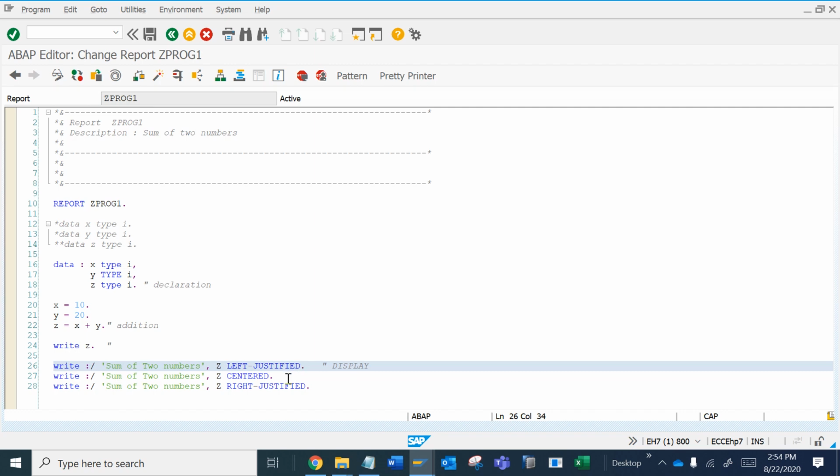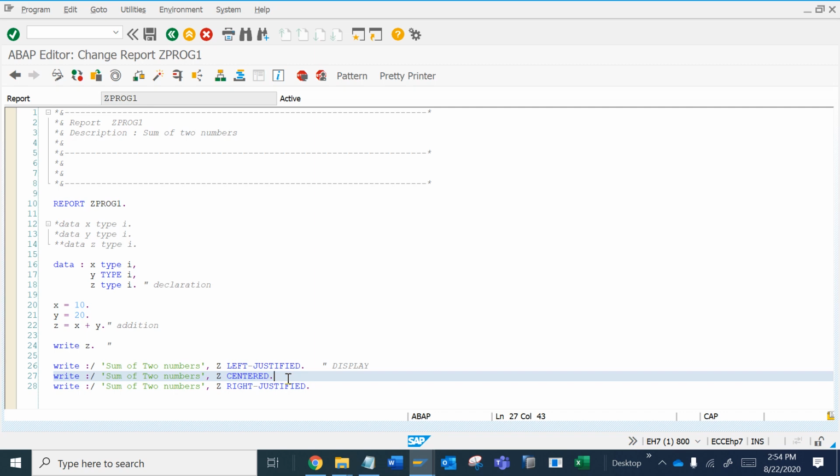We can also put that variable centered and right justified.